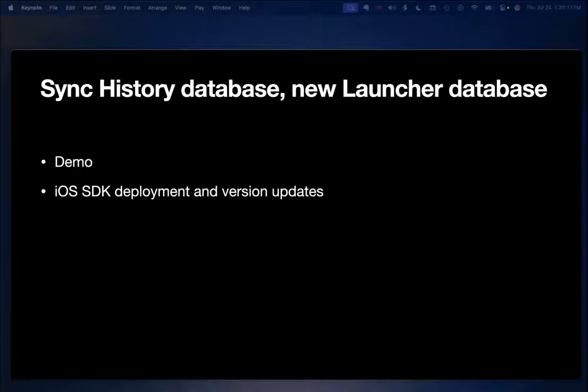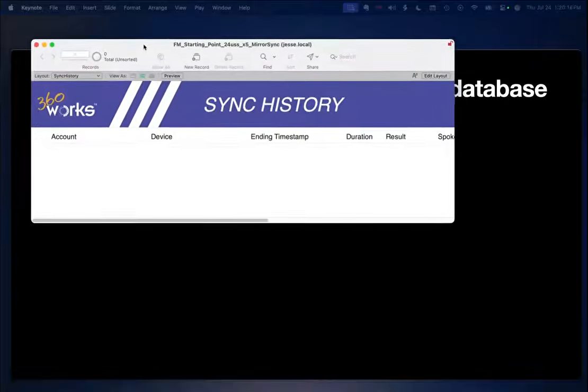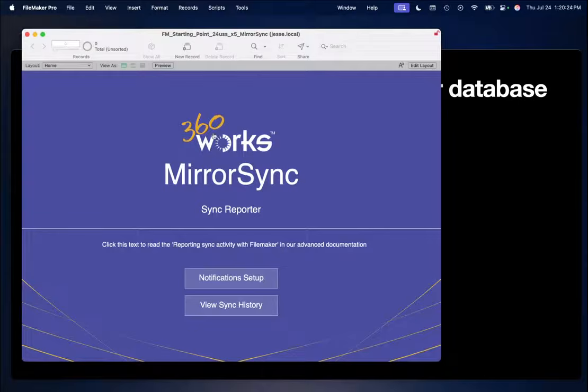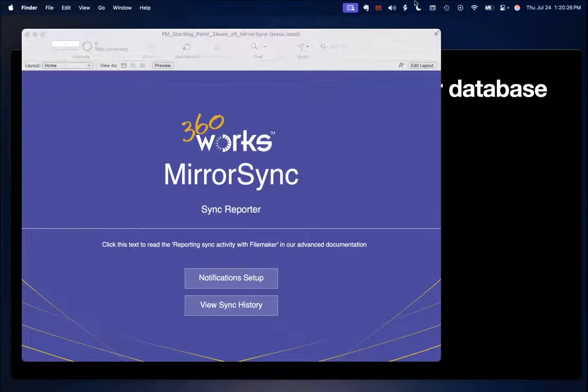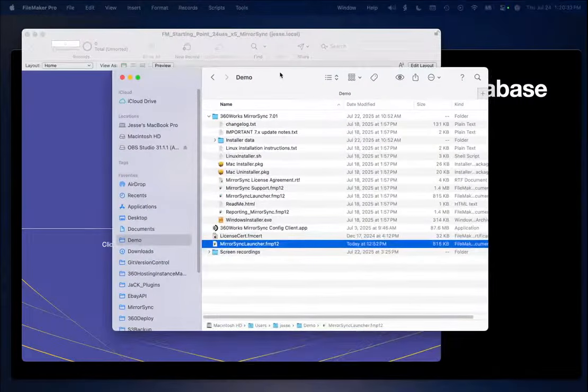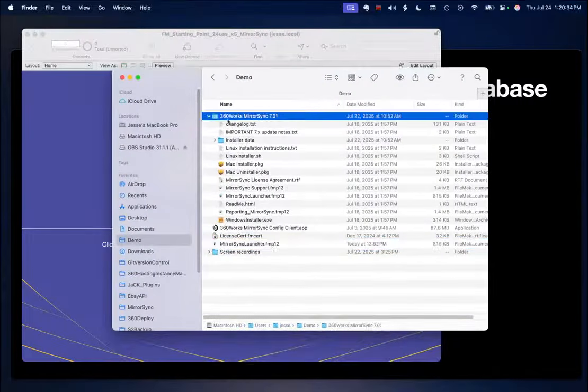The first thing I want to show you is this new sync history database. This comes with MirrorSync. Let me show you something here. This is what you get when you download MirrorSync. You get all these files here, and there's one in here called